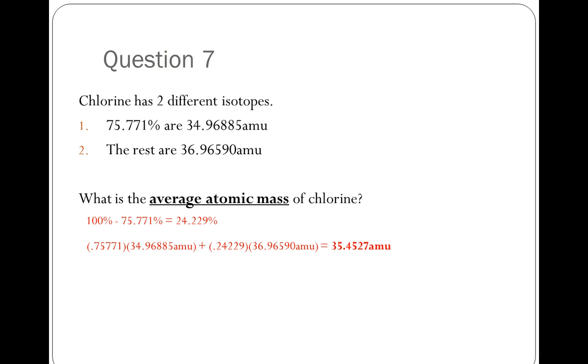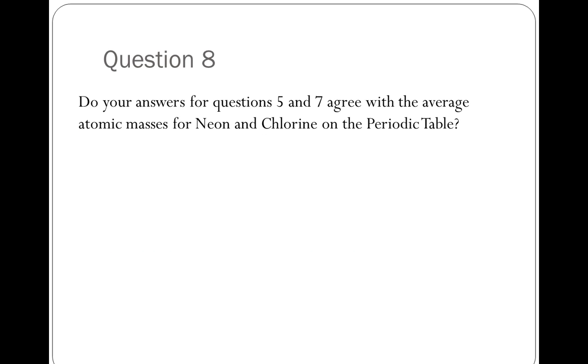Just calculate the decimal version of the percentage, and then multiply it by its corresponding atomic mass unit, and then add them all together, and you get 35.4527 AMU. Question 8. Do your answers for question 5 and 7 agree with the average atomic masses for neon